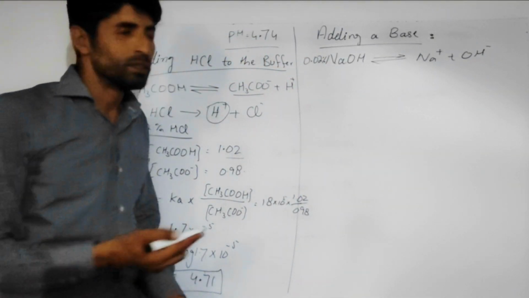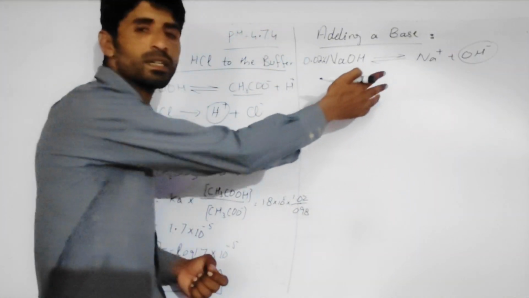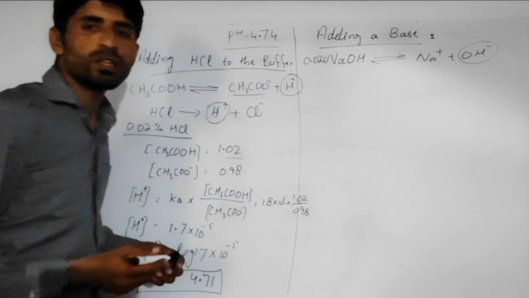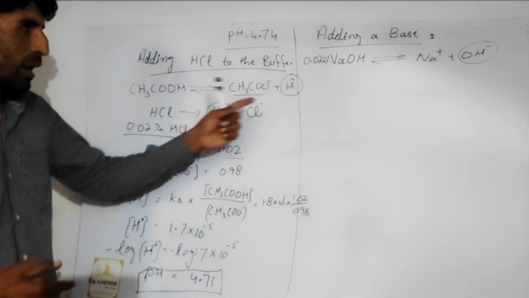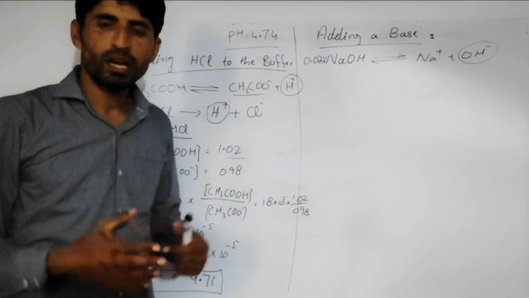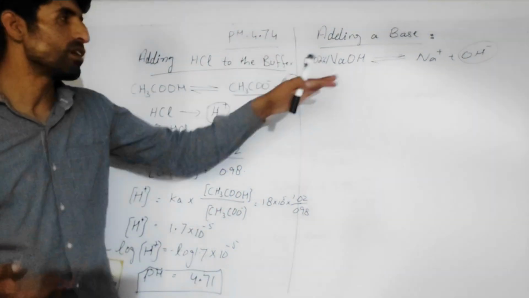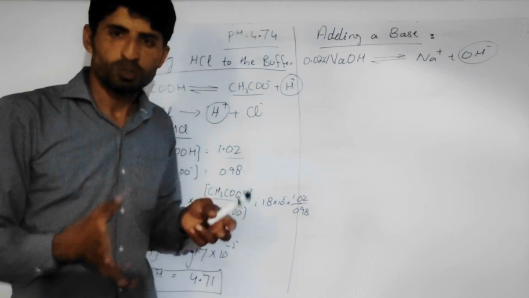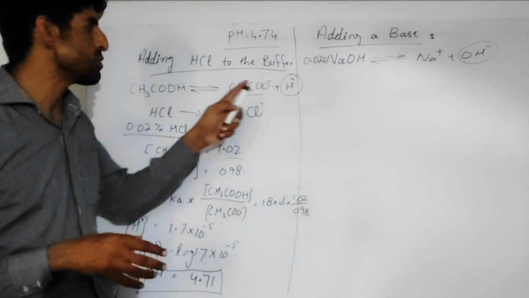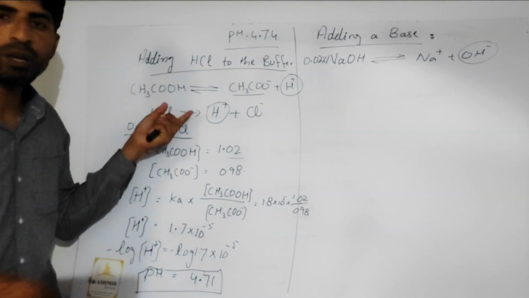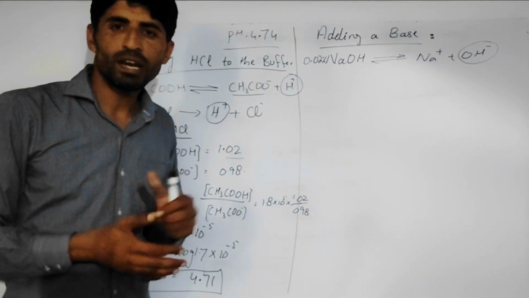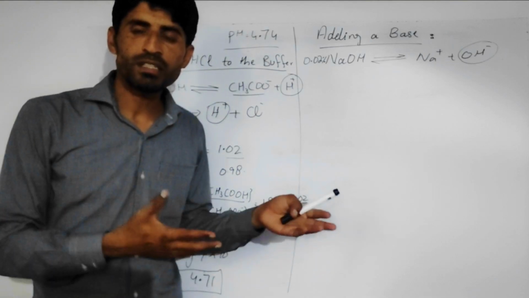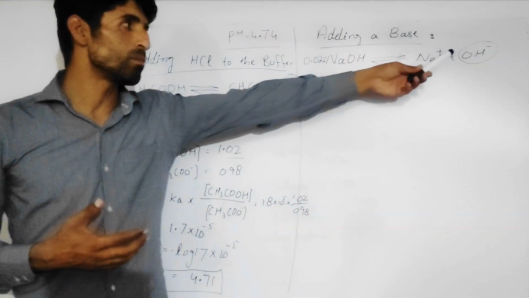In this case, these hydroxide ions present in the solution, present in the base, will react with the hydrogen ions of the acid and they will form water. With the liberation of water molecules, the concentration of hydrogen ion will decrease in the buffer solution. So to maintain the concentration of hydrogen ion, the acid will again dissociate and ionize in the solution, and it will make up the deficiency of H plus ions that came due to the introduction